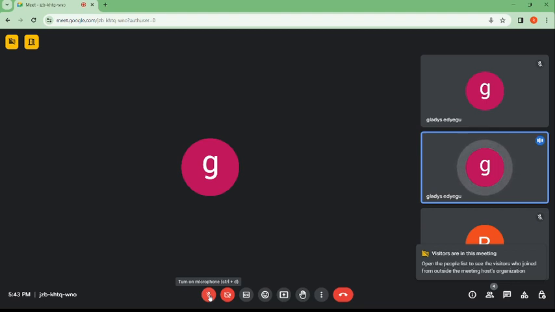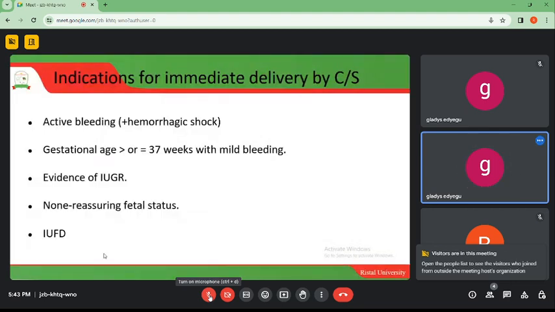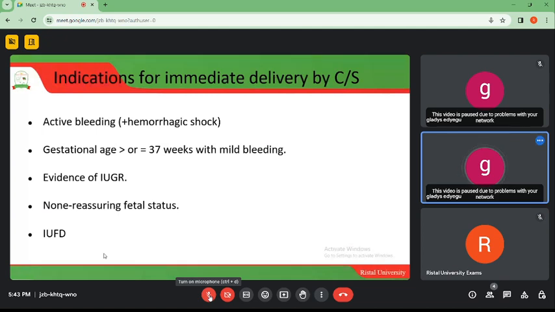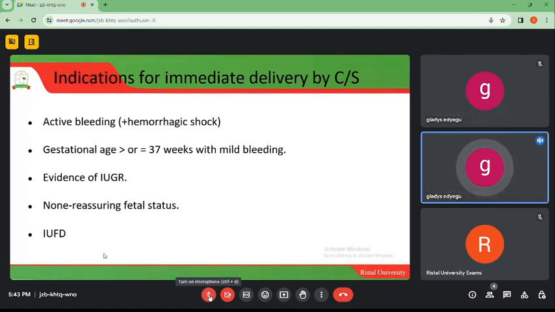has been having different conditions. The baby was not getting enough nutrients. Either the placenta was not able to provide enough nutrients to the baby because it was located at the lower segment, and at the lower segment there is little blood supply, and there was little nutrient getting to the baby. So this baby was actually not growing well. So the baby can easily even die. So with this evidence of IUGR, this baby can easily be delivered very fast because the mother can bleed, and